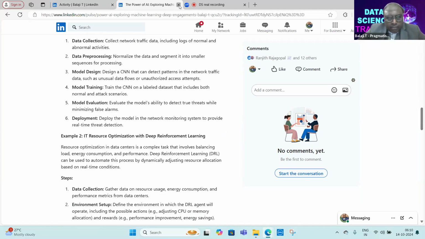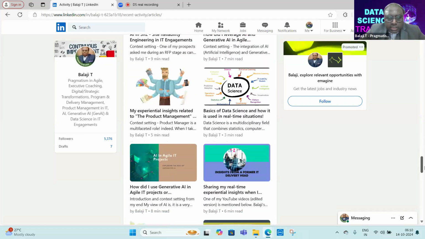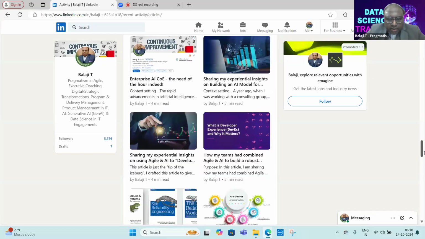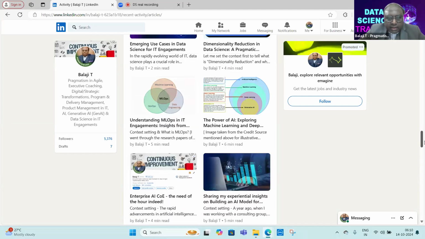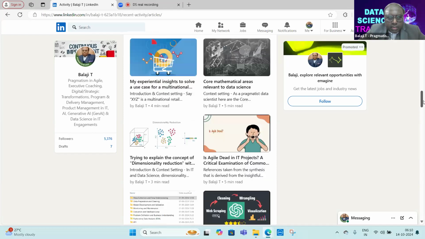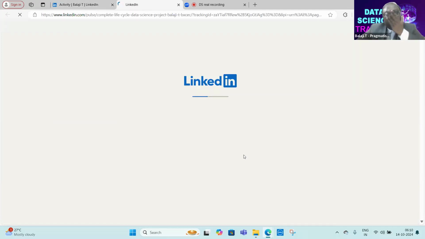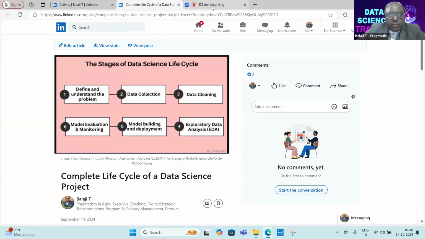Okay, now with this understanding, let us try to get into the data science life cycle. I'm just looking out for a particular article. Okay, let me take this particular article. Okay, this is the complete life cycle of a data science project.